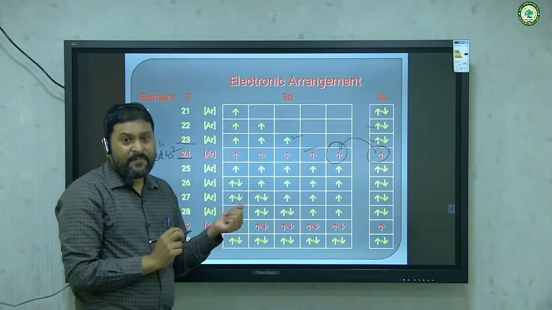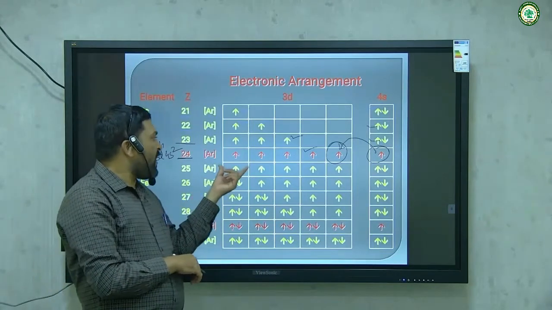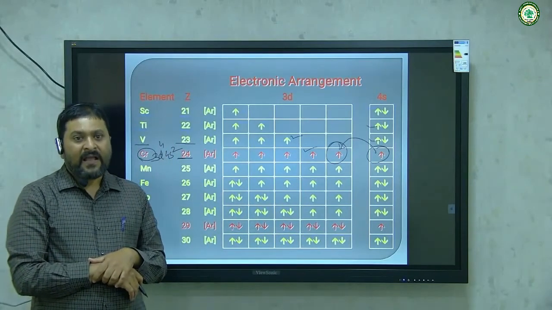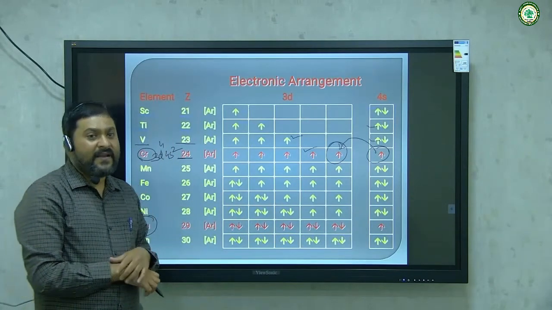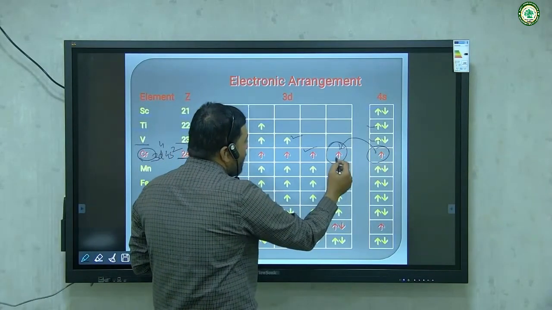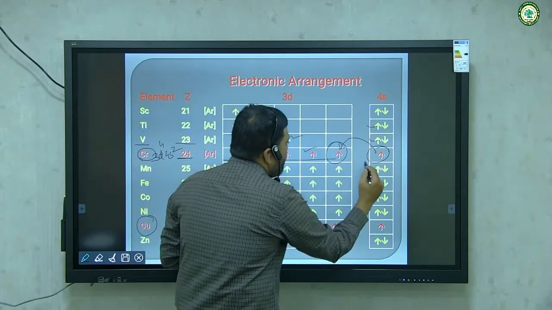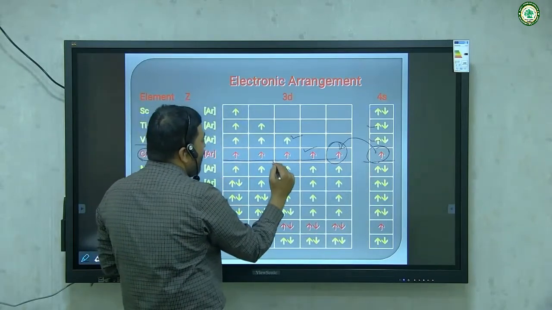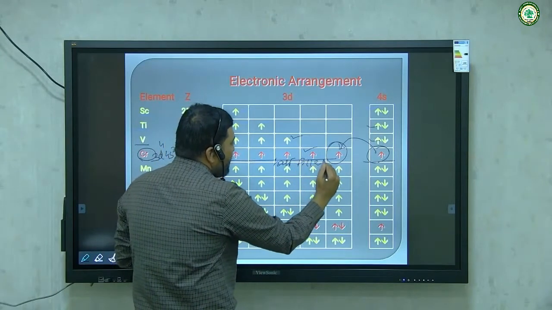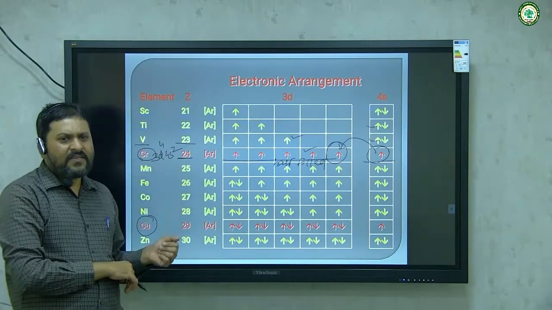But why is this happening? There is a difference in electronic configuration because we know that when orbitals are half filled or fully filled, they attain extra stability. For attaining the extra stability, one electron from the paired 4s subshell jumps into the 3d subshell, so this subshell is half filled, and the 4s subshell is also half filled. In this case 4s and 3d both subshells are half filled and it attains extra stability.